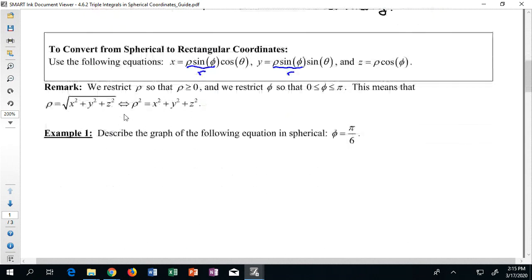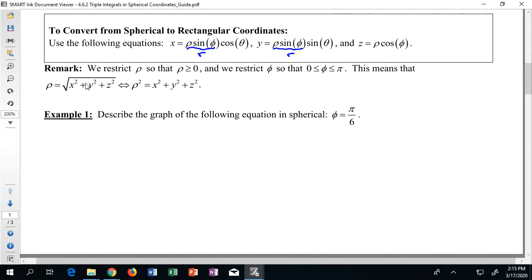Now, really quickly here, I'm going to take a look at example number 1, just to get a sense of how this sort of weird spherical coordinate system works. So this says, describe the graph of the following equation in spherical coordinates. Well, this is automatically super weird because I don't even have 2 of the variables involved, right? There's no rho in this formula. There's no theta in this formula. This just says, no matter what, that phi value has to be pi over 6,